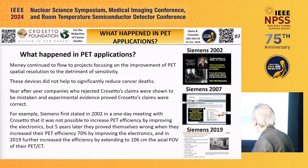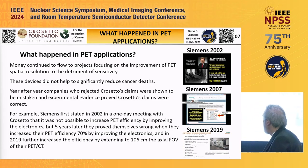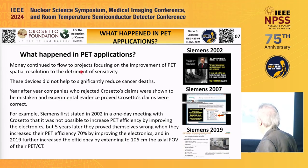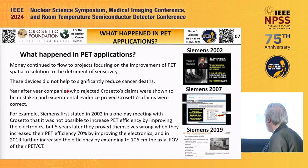So what happened in PET? What happened in 1998 is that money continued to flow to projects focusing on the improvement of spatial resolution to the detriment of sensitivity. We just said that it's measuring a signal within the number, in a variable, in a time unit, okay? So year after year, I keep repeating that instead the PET is measuring